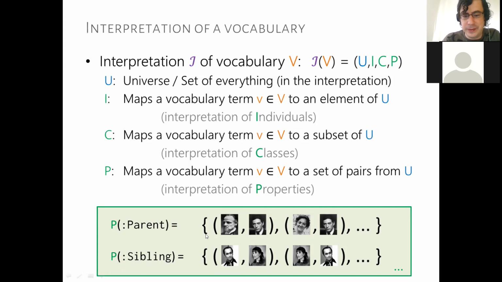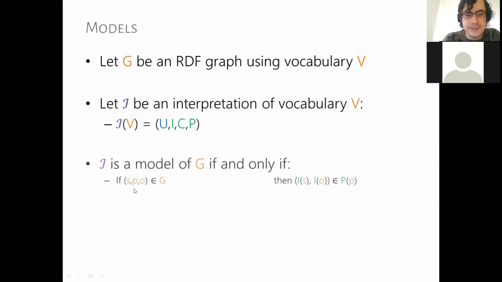That's what we're effectively saying here. So essentially the interpretation is a model of G if, for each triple in the RDF graph, the individual referred to by S and the individual referred to by O are actually a pair